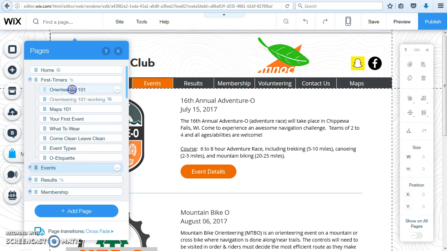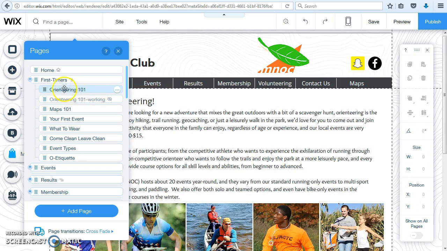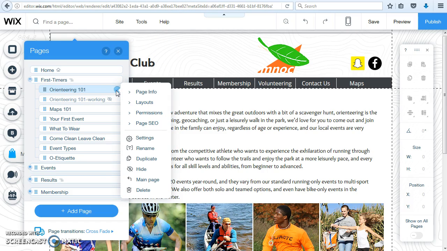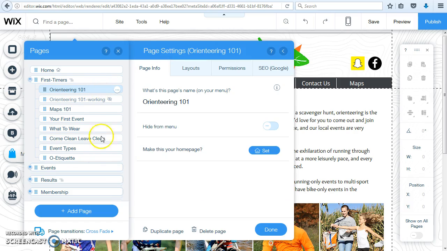So while we're discussing pages, if you want to change the name of your page, or if you want to change what it's called in the browser, or if you want the URL to be something specific, also all of your SEO settings, that's done in this page info area. And you can do this for any of the pages that are on here. So if you want to title your page something specific, you do it here. Over in the SEO section,